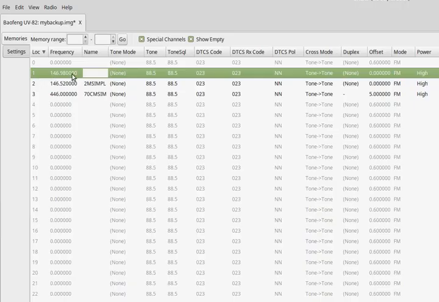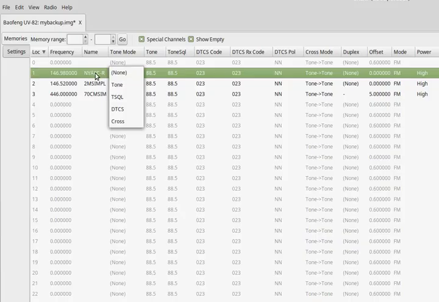That's the frequency that we will be listening to as the repeater sends it out, and we're going to transmit on a different one. So again, we can give it a name. Let's just call it NYARC, maybe /R